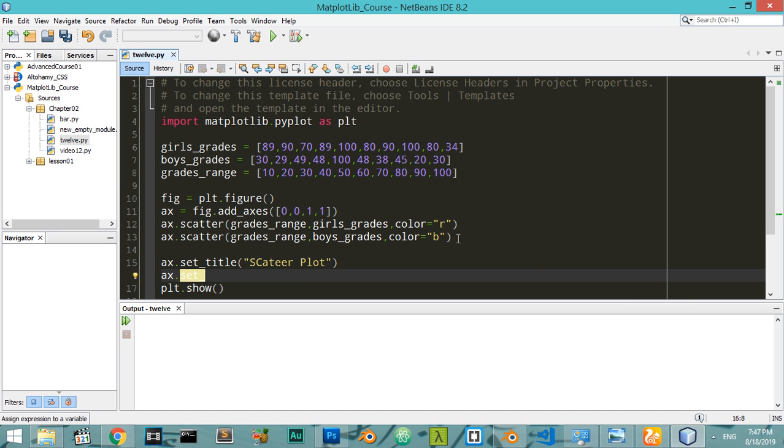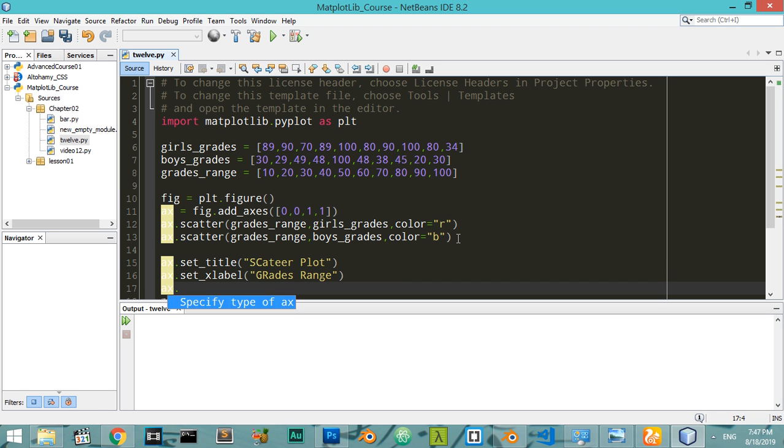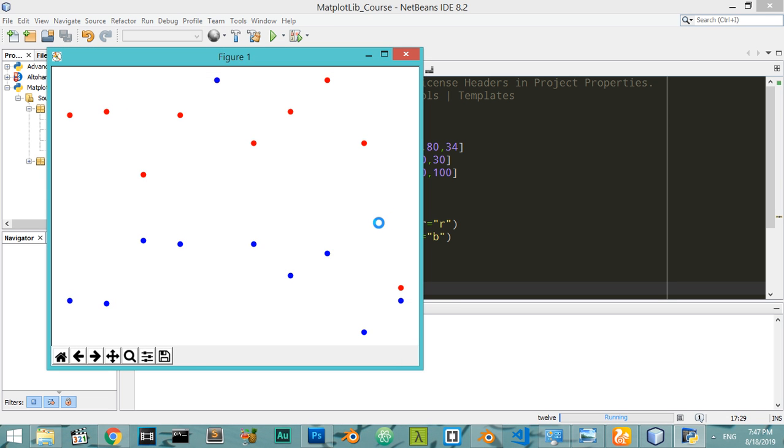And the x label will be grades range, and the y label will be grades scored. We now save and rerun this file again, and if you wait, you will see